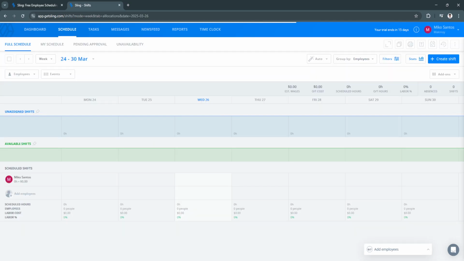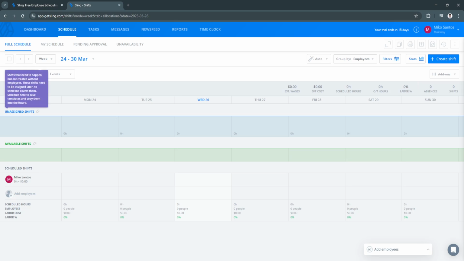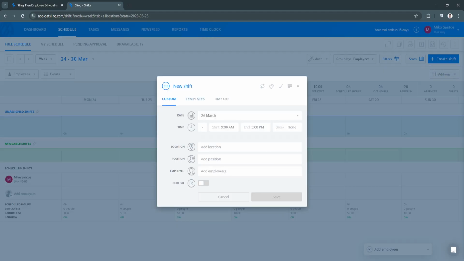Next, we have the schedule feature. As you can see, this is our calendar. We will see unassigned shifts, available shifts, and scheduled shifts. You will see the scheduled hours also, the employees, labor cost, and the labor percent. To create a new shift, you can always click right here at the top right. You can see, just add in the date, the location, the position, and the employee. So basically, you'll be creating a shift